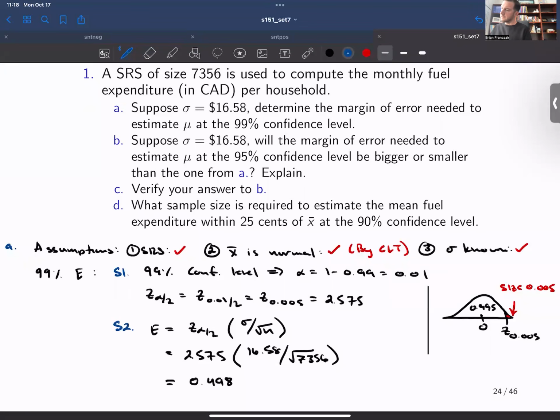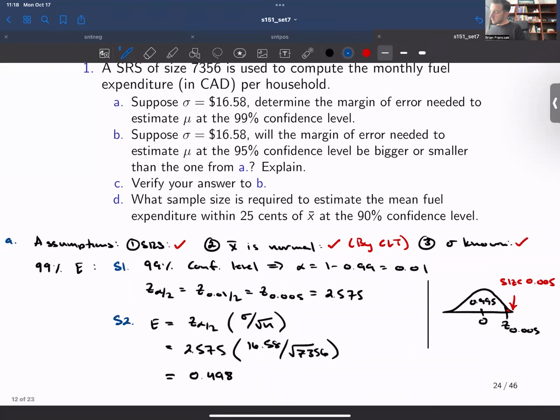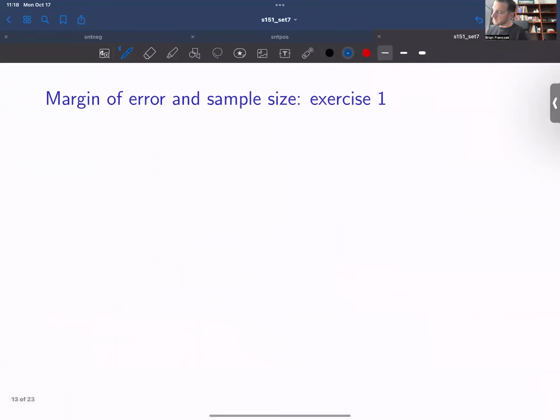Part B says, given the same standard deviation, will the margin of error needed to estimate mu at the 95% confidence level be bigger or smaller than the one from A? Explain. All right, so in part B, basically what we have here is